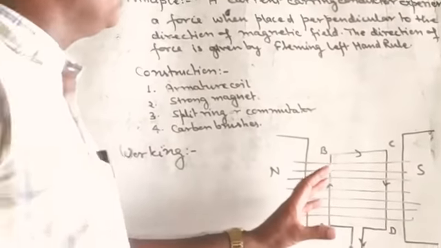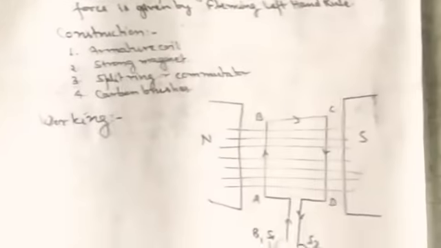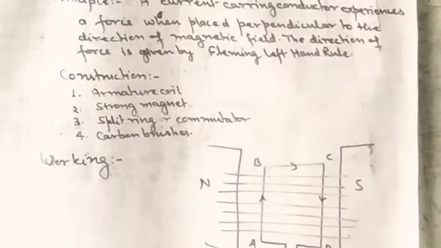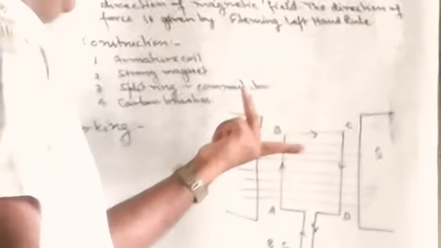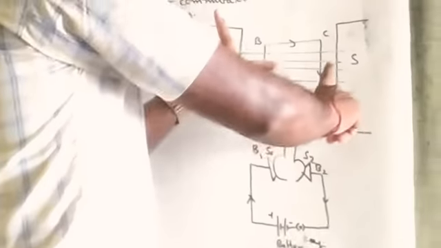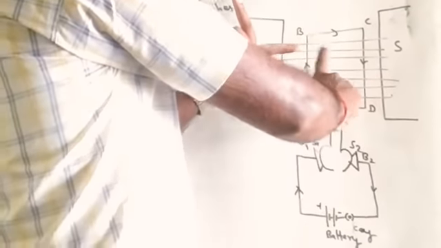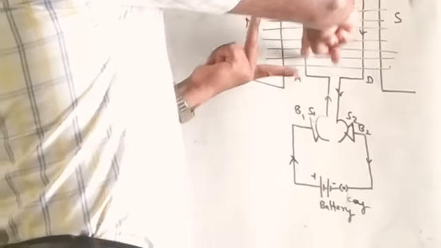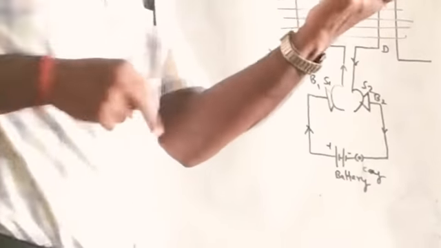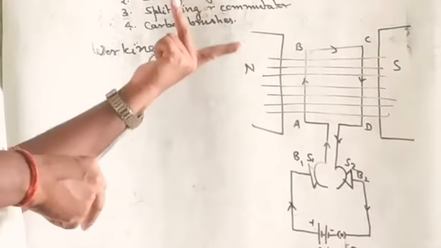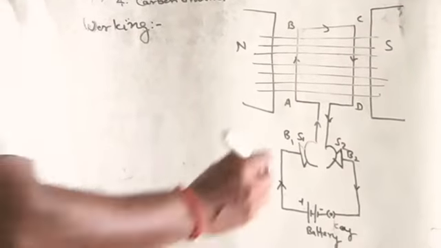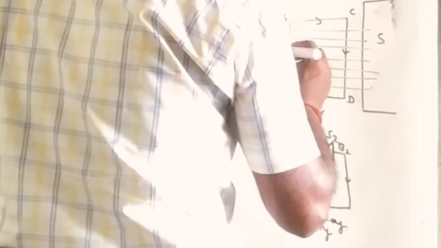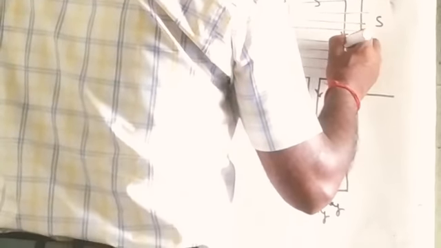To find the direction of motion in armature coil ABCD, we can use Fleming's left hand rule. You see here, this position is there. This is the direction of the magnetic field lines, north to south. That is the direction of current here. Then the force experienced on that coil is in the inward direction, like this, inside, and here, outside.